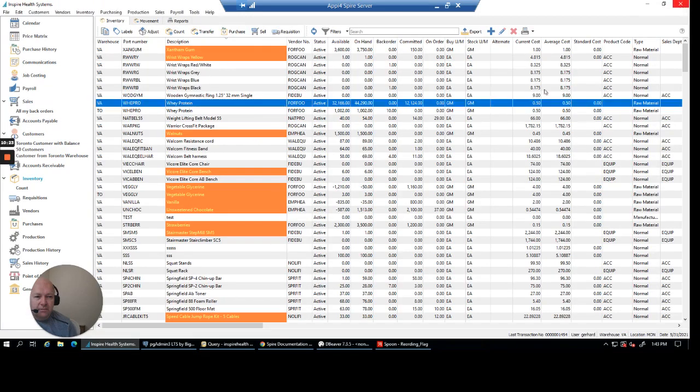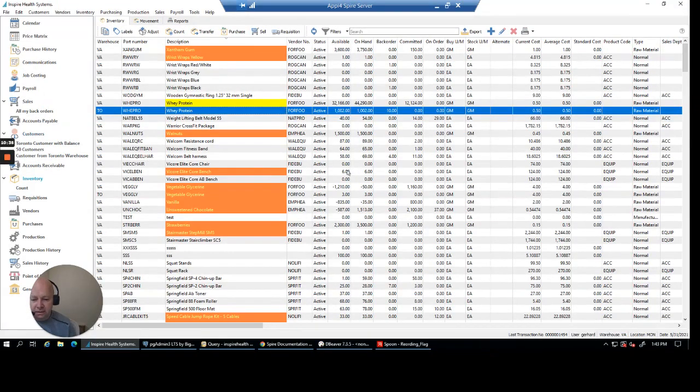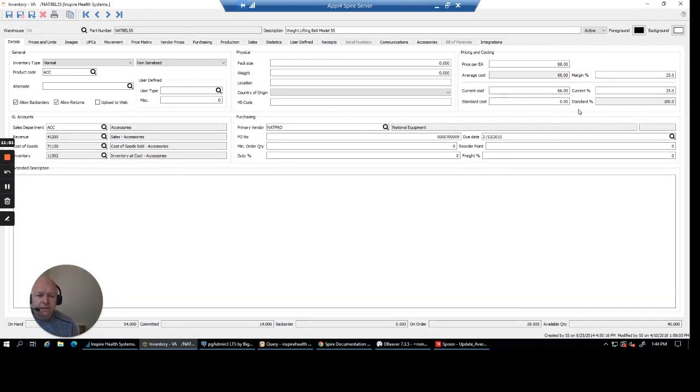And so now, assuming that the person ordered this item, the person can go and remove the background, set it back to white, or that can also be automated in this case. And so this is related to reordering inventory when, again, reaching below a certain reorder point. Now, the next transformation that I'm going to demonstrate is updating average cost to current cost, or updating current cost to average cost. And this could serve several purposes. A few things to consider on something like this is that if I'm going to be updating the current cost